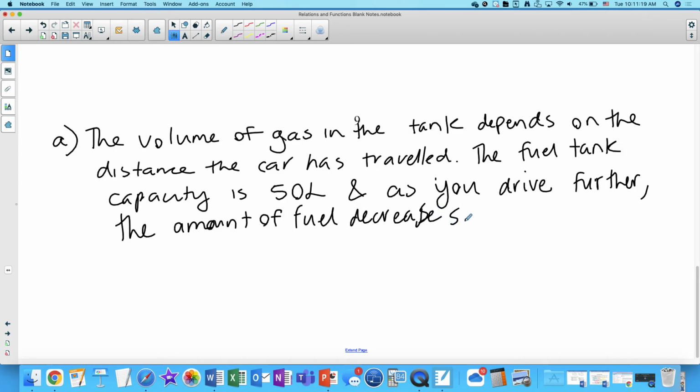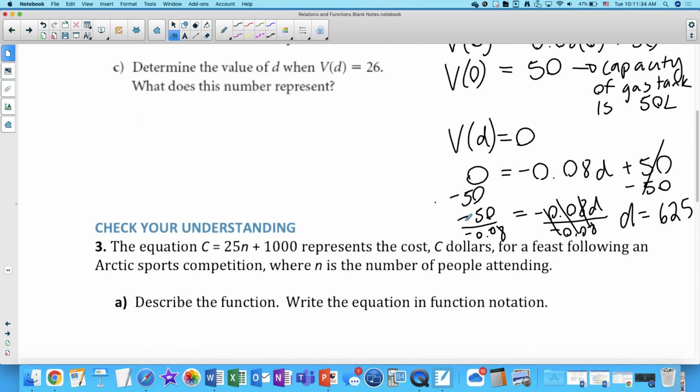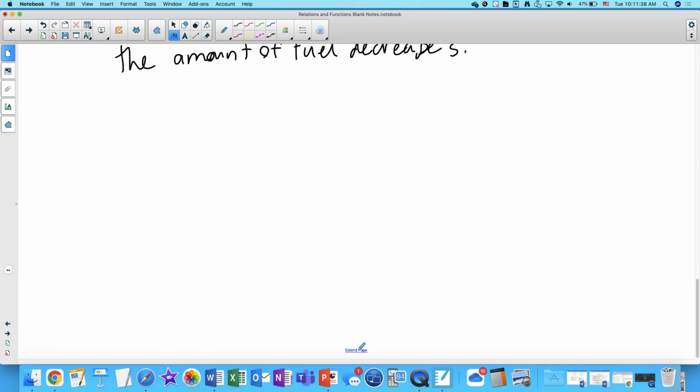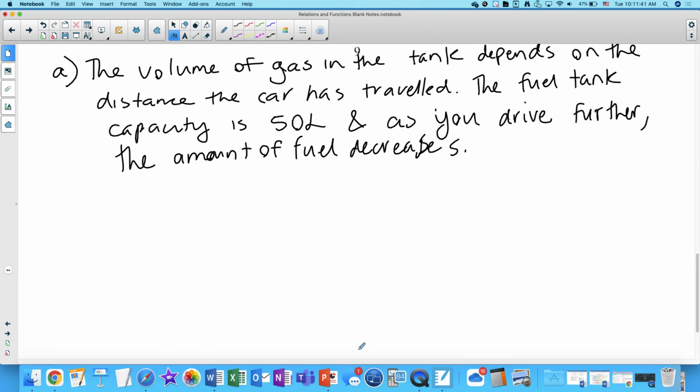Okay, for B, we are asked to determine V of 600 and describe it. So for B, what is V of 600, and can we describe what's going on there in words? Well, we have this function V of D equals negative 0.08D plus 50. If we want to know V of 600, what are we going to do? Exactly. Sub in for D,